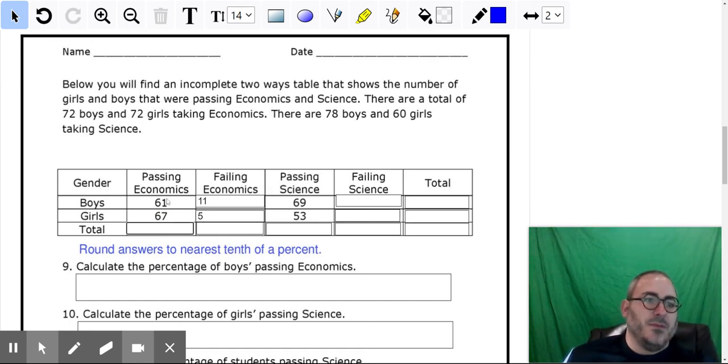This little box is easy to total up, right? I just add these two. So 61 plus 67 is 128. And this game is a little bit like dominoes. Once you start knocking a few down, they all start falling into place, right? And this little box here is 11 plus 5, the total number of students failing economics. So 11 plus 5, well, that's 16. Well, I shouldn't talk and use a calculator at the same time. Apparently, I'm not good at that. All right, 16. And what goes